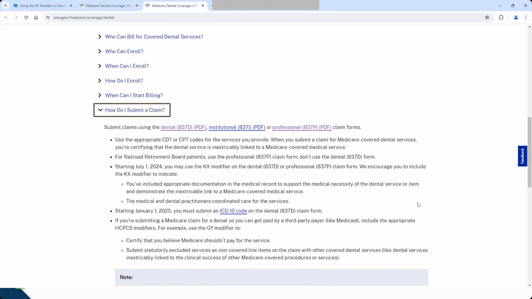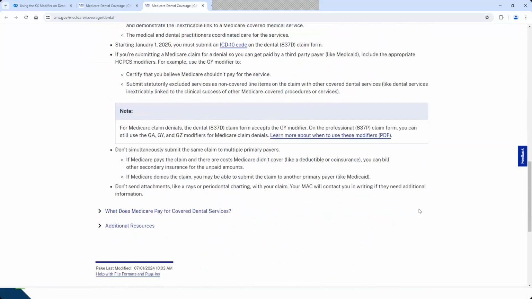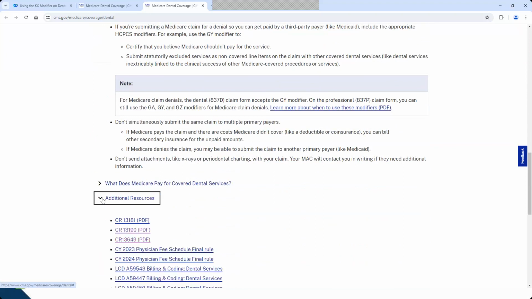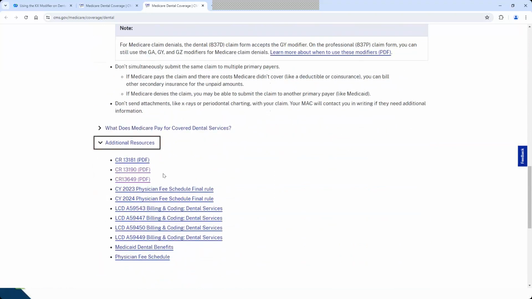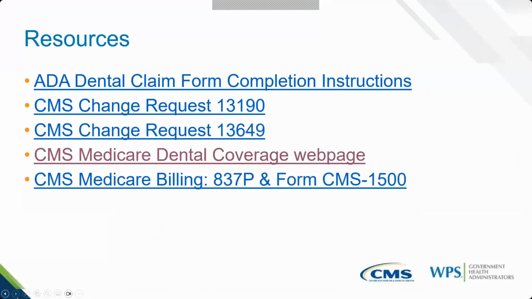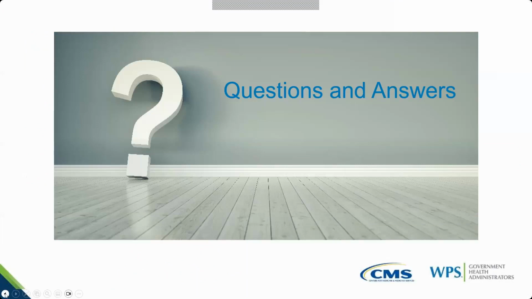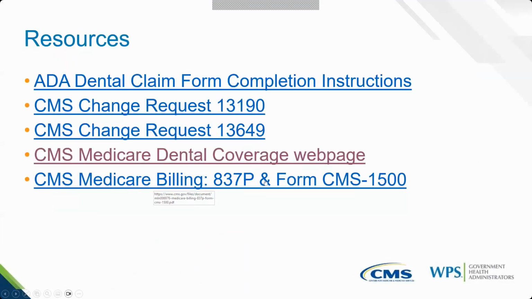And then almost all the way down to the bottom of this list, there's a subsection called Additional Resources. So that's even more places where you can go to actually read the regulations, see where it is in the final rule, and that way you know Mary Sue and I didn't make this stuff up. So very good references for you. I hope you take a look at those things. Bookmark those if you want to go back and find even more information. Now, this last resource is a CMS fact sheet, and it's about the CMS 837P and the 1500 claim form. So again, some more information for you there.